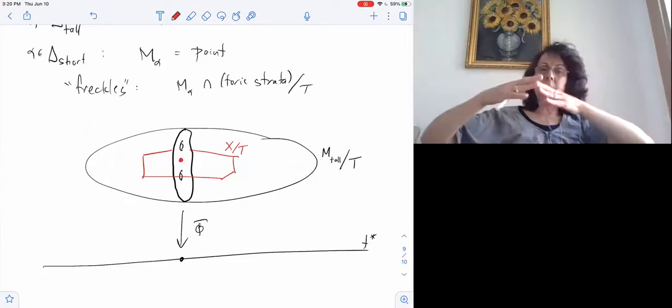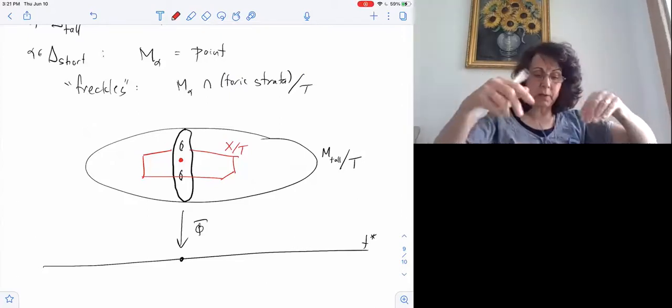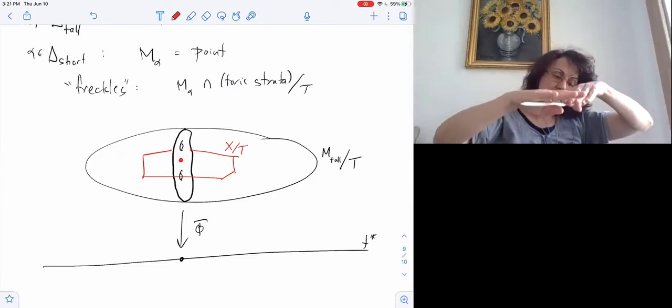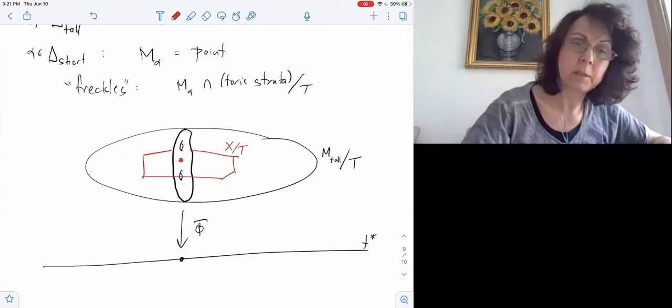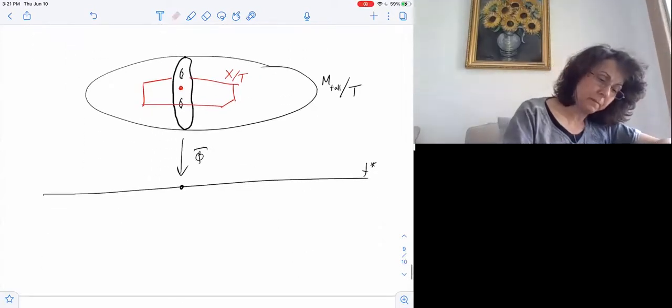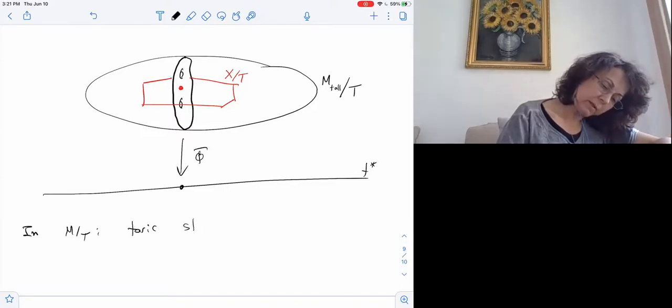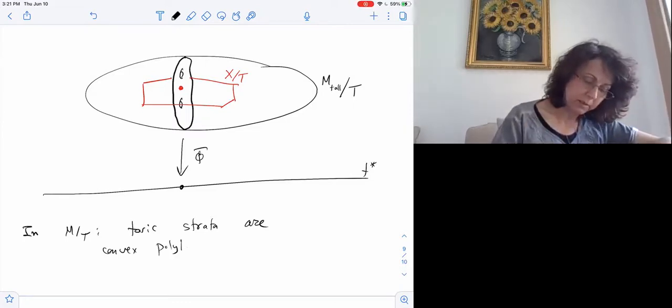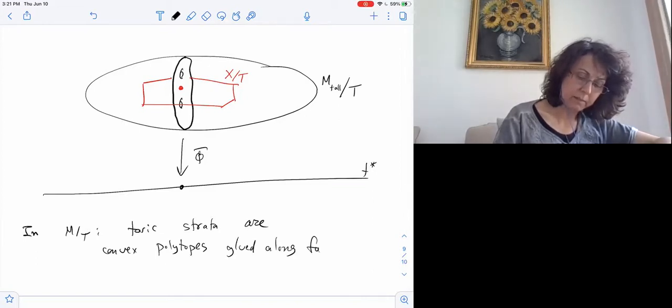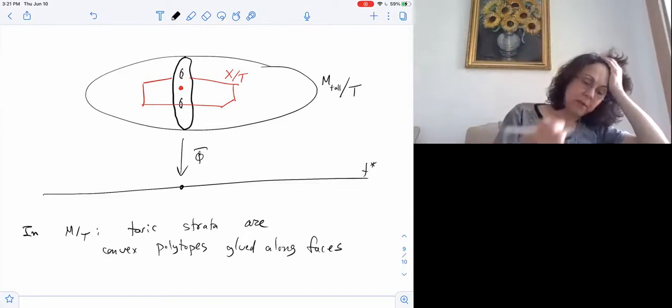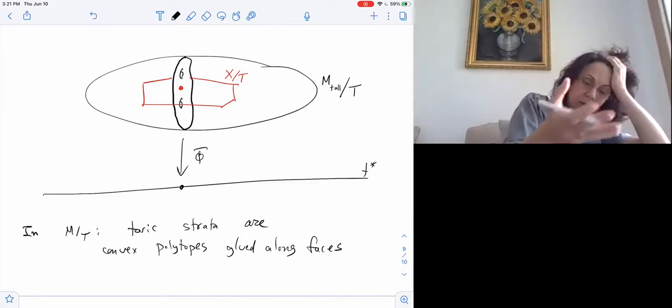And these toric strata can fit together. You can have one toric stratum and then another, and they're going to be glued. They're going to be polytopes glued along common faces. So in M mod T, toric strata are convex polytopes in the compact case. Otherwise, there will be convex polyhedral sets glued along faces. And phi, the orbital momentum map, identifies each of them with an actual geometric convex polytope inside